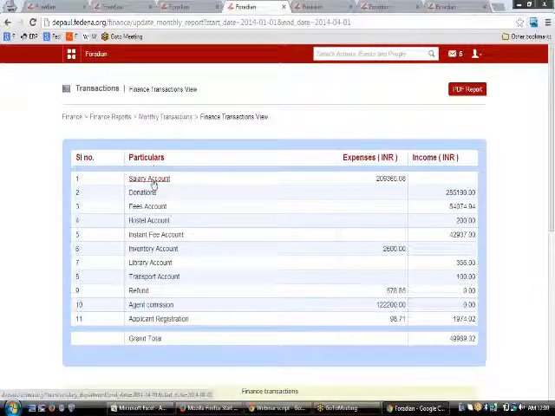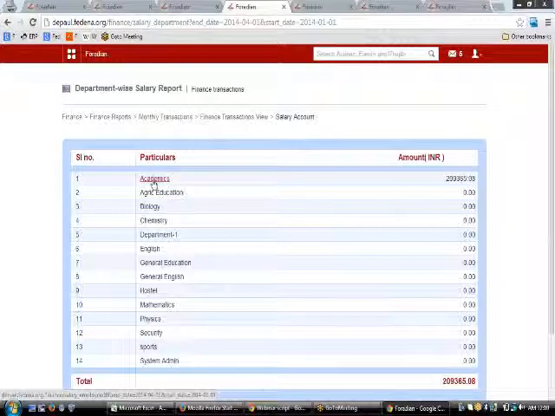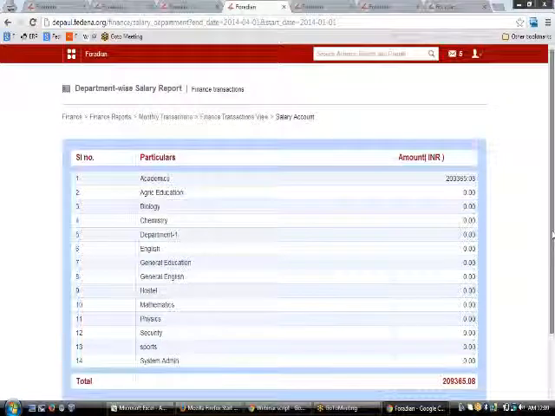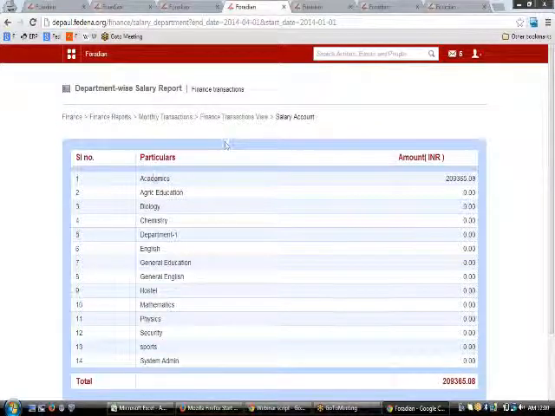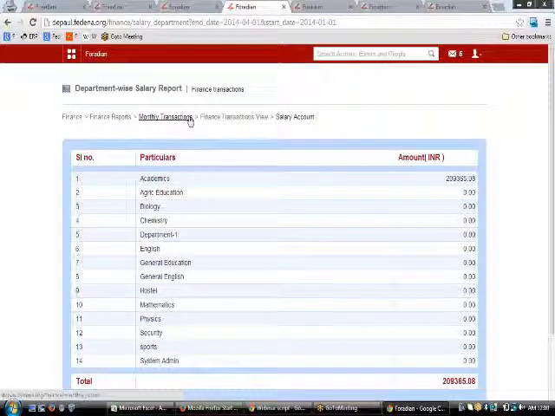So again, to get further details about this, you need to click upon this reports from here, and then you will be able to see all the reports for a particular salary account, and then the department to which this report has to be applied.